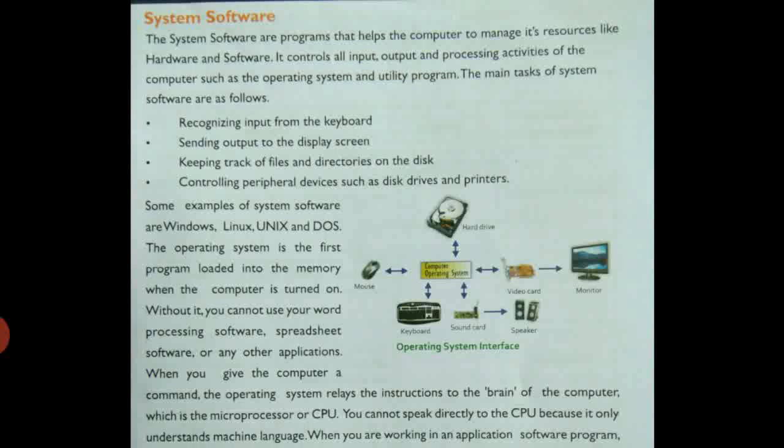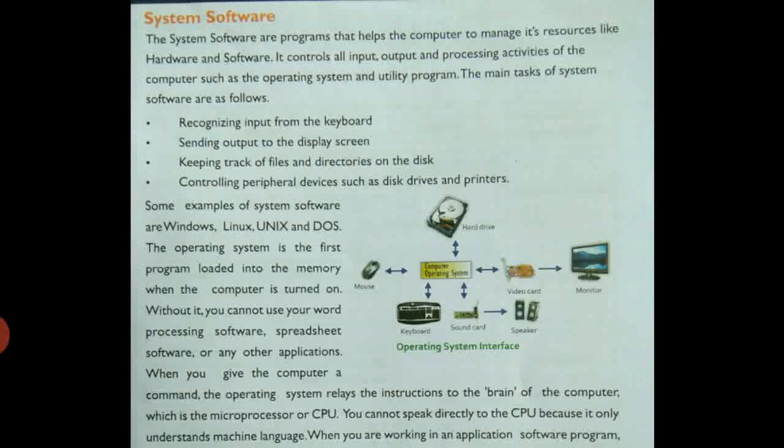The operating system relays the instructions to the brain of the computer, which is the microprocessor or CPU. Now, whenever we think about the three points we already discussed, input, processing, and output, if we think about processing, then we must think about the microprocessor or CPU.